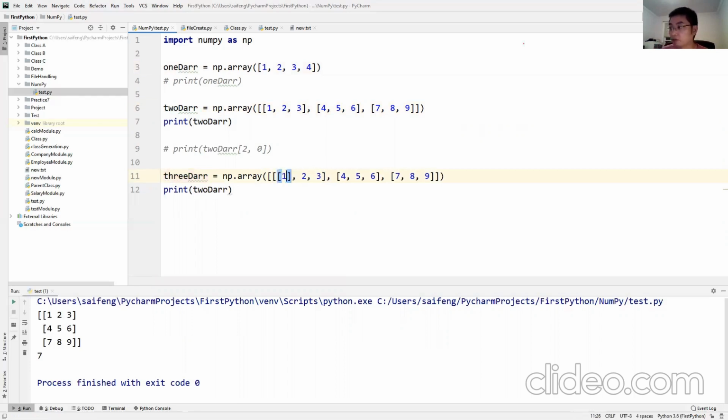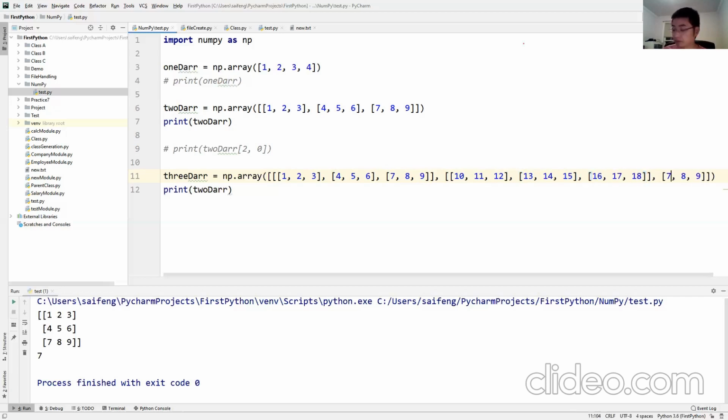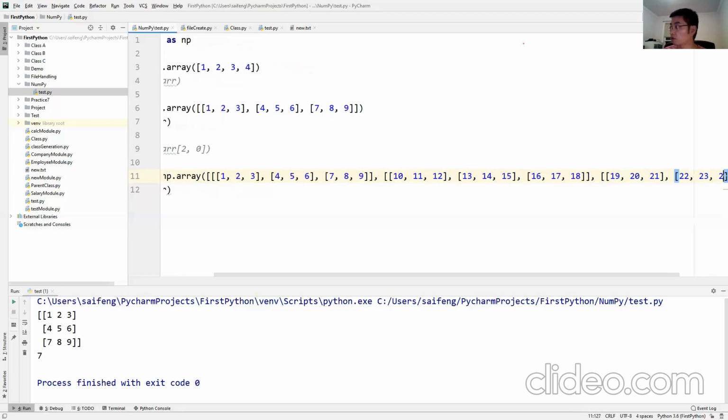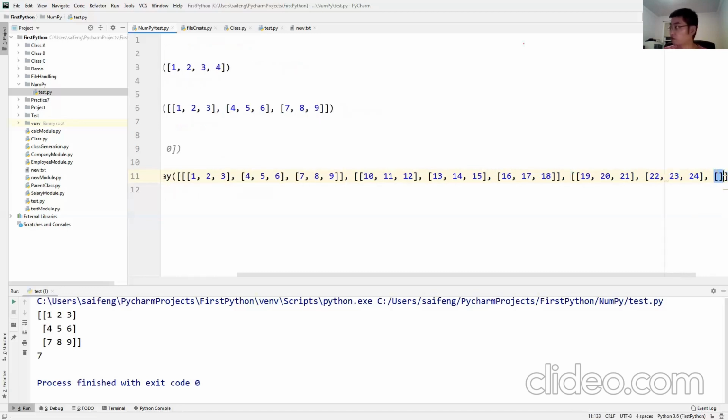1, 2, 3. 4, 5, 6. 7, 8, 9. 10, 11, 12. 13, 14, 15. 16, 17, 18. 19, 20, 21. 22, 23, 24. 25, 26, 27.